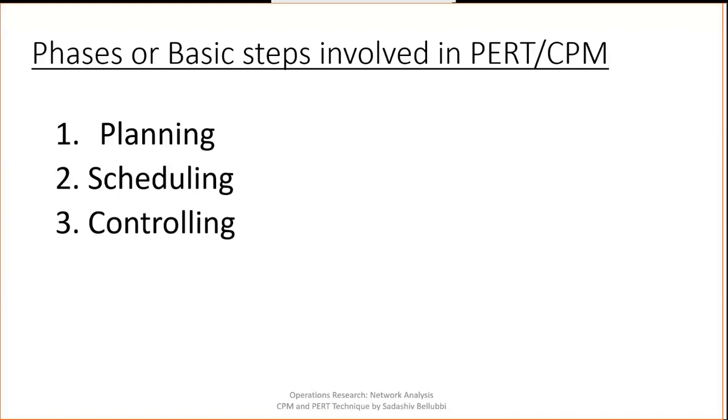So first, we prepare the periodical progress report, and next we need to review. So how is it done? Which difficulties they faced, we need to review the status of the project. And the third one is management decision regarding the updating. Once you review, the management will take care of that. So to conclude with these controls, how they can control the status of the project, crashing and reallocation, etc. So these are all the basic phase steps involved in the PERT CPM technique.